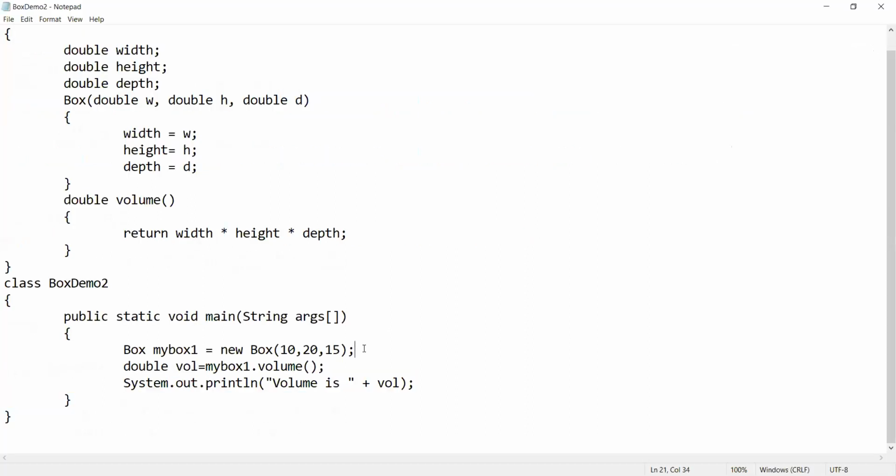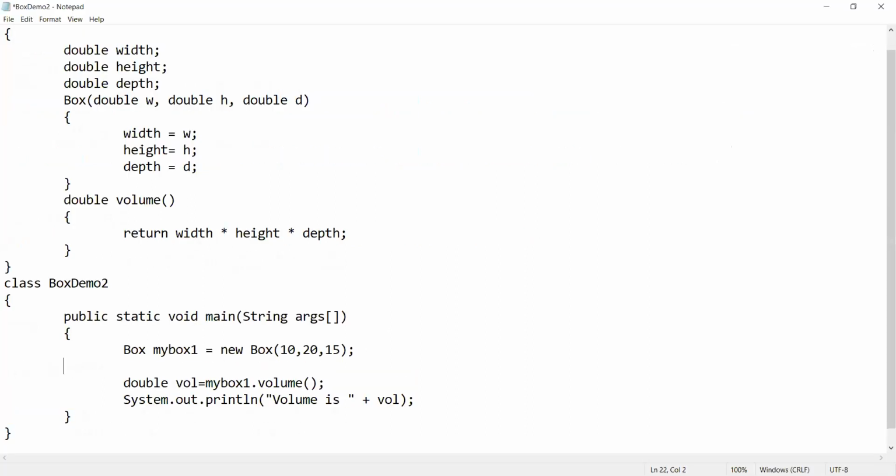So here I am creating one more object. This is box 2, and just changing this one. This is the new dimension of the box.